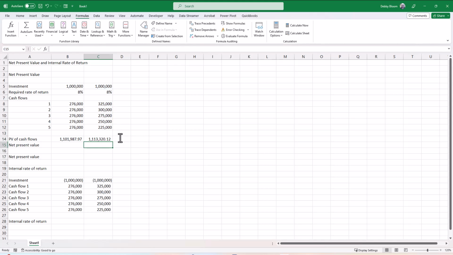So now to calculate the net present value in a two-step process, in cell B15, I'm going to type an equal sign, and I'm going to tell Excel to take the present value of the cash flows, B14, and then subtract the initial investment. So I'm going to hit enter, and we have our net present value, 101,987.97, copying it over to column C,